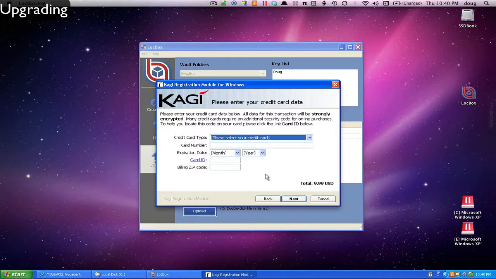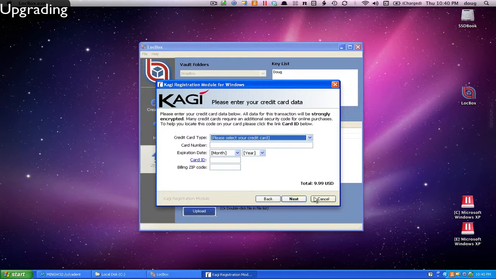From here, once these are entered, it will confirm the purchase and will then go off like any e-commerce site and verify your credit card details, charge your credit card, and it will send back a license code to the application itself, which will automatically install it and go to the pro version on its own. It will also email you the license code for future reference so that you can have a copy of it